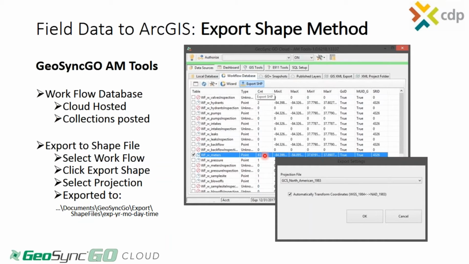In this case, my water meters, I've got 83 water meters. Now this is looking at the database in the cloud. So we've got to get that locally so we can work with it in ArcGIS. The easy thing to do is pick the feature that you want to work with. In this case, I've turned the check mark on for water meters, and you'll notice WF, which means it's a workflow layer. So I select meters, click export, and another dialog opens up